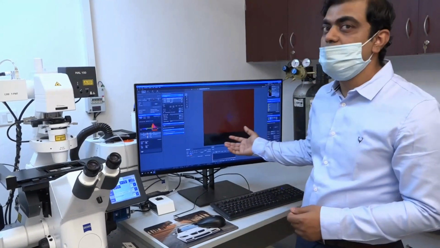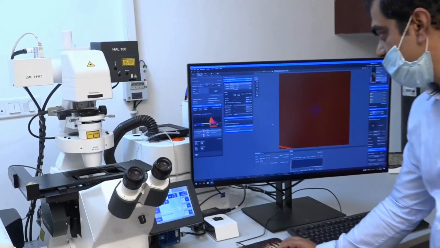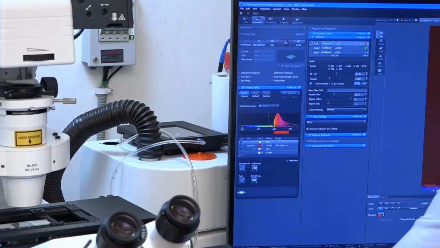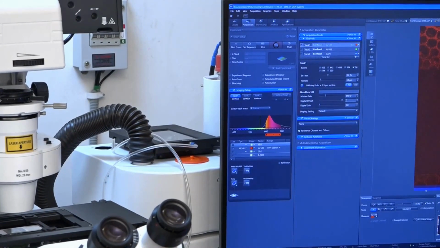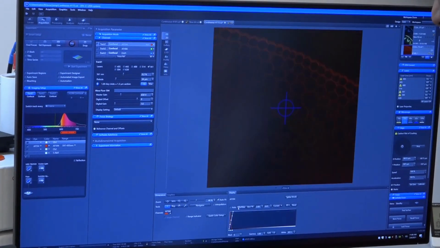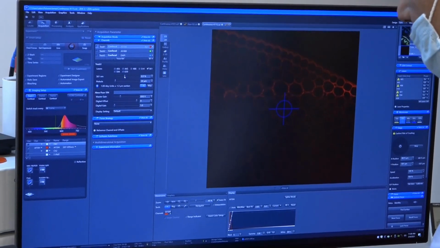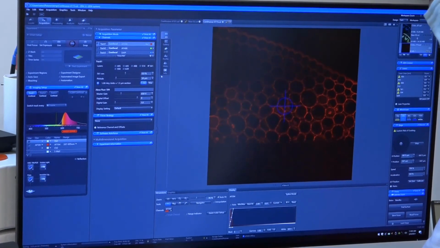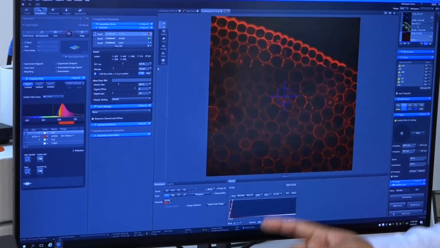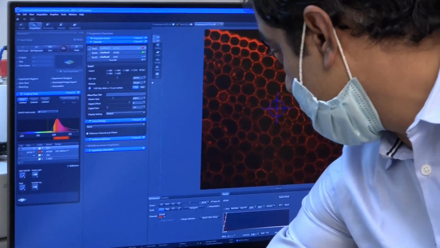So either this signal is not being excited by just 0.2% laser. So first thing is, I will try to change the focus and see whether my sample is in focus or not. So once I quickly move, I see I get some signal here. Okay. So once I start getting some signal, I'll try to increase the laser power slightly so that my signal intensity improves. So you see, with just 0.2 to 0.9% of laser increment, the signal intensity has improved quite a bit.